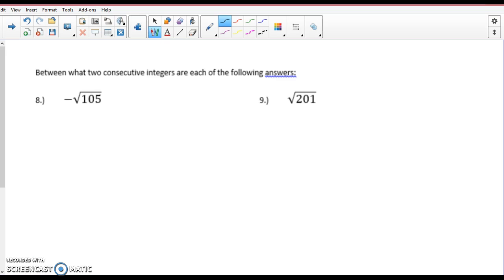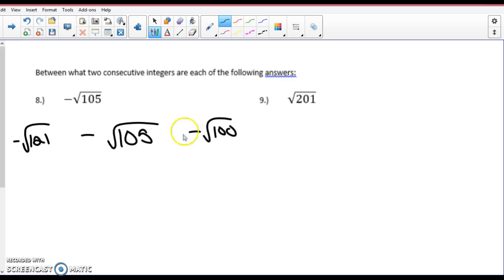The square root of 100 and the square root of 121. Because you guys agree that 100, then 105, and 121. I have found the two perfect squares that surround it, and the reason I wrote it this way is because